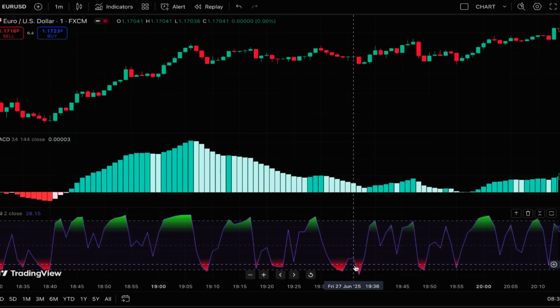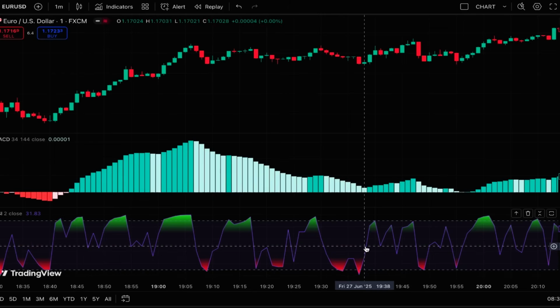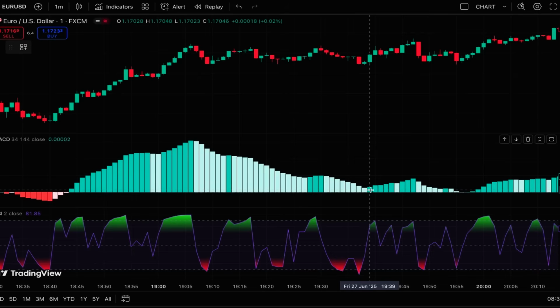Again, you can see that the RSI line went below 10 and it closed back above 10 at this point. When we check the bar at the MACD histogram, we can see that it is light green. We wait one more candle, and when the candle is closed, you can see that we got a dark green bar, so the buy signal here is confirmed and we can enter a long position at this point when the